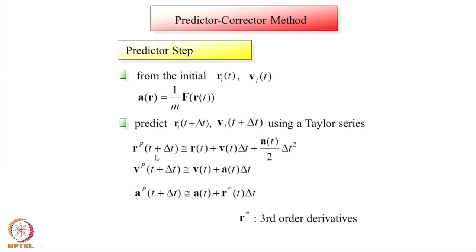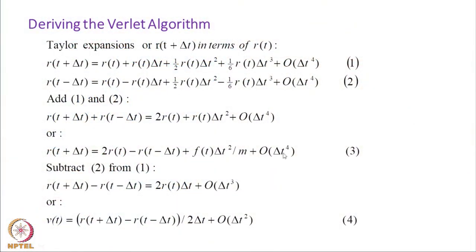Okay. So, now just as I described the Verlet algorithm, there is another algorithm called the predictor corrector. So, this is a slightly improved algorithm. Okay. So, there are many algorithms here. So, I will just discuss 2 so that you know that there is no unique algorithm here. And what was good thing about Verlet algorithm? The corrections to positions, look at here, the corrections to position is the 4th order. So, if your delta t was 0.1, delta t to the 4 will be 0.0001. So, the corrections are to the 4th order, there is no correction to the 3rd order, whereas for velocity there is correction to the 2nd order.